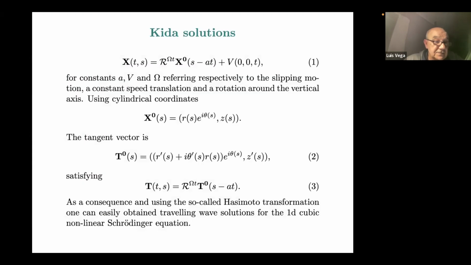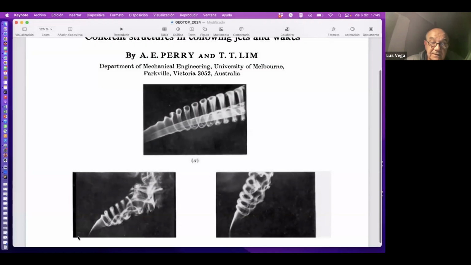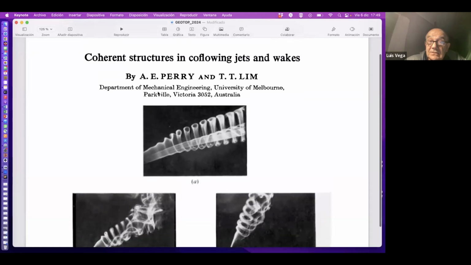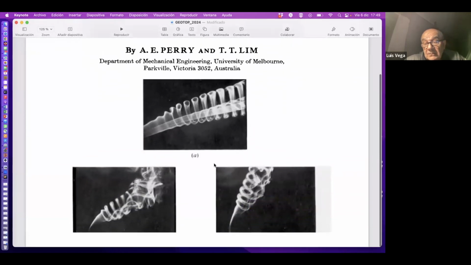Okay. And just to finish, if you give me 4 minutes, I want to say what I would like to do next. I would like to describe these type of situations which are out of my theorem, because in these situations you have some singularity here, and this singularity creates this type of self-similar solutions. And the question is, can we extend? This is a very old result, a very old paper from '78, and we would like to be able to describe this type of solutions.